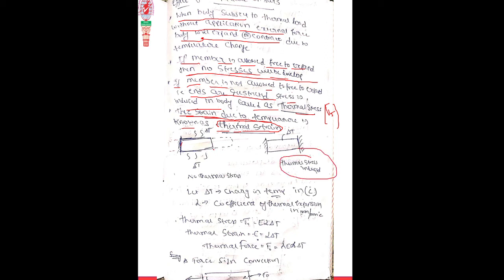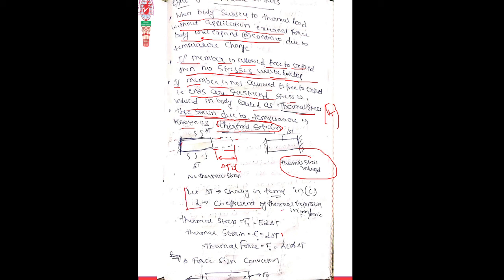See here, how much it can freely expand depends upon the material property. How much can it freely expand? That depends upon the temperature difference, and also one more very important material property, alpha. What is that alpha called? Thermal expansion. The more the thermal expansion, this alpha value, the more the expansion will be.